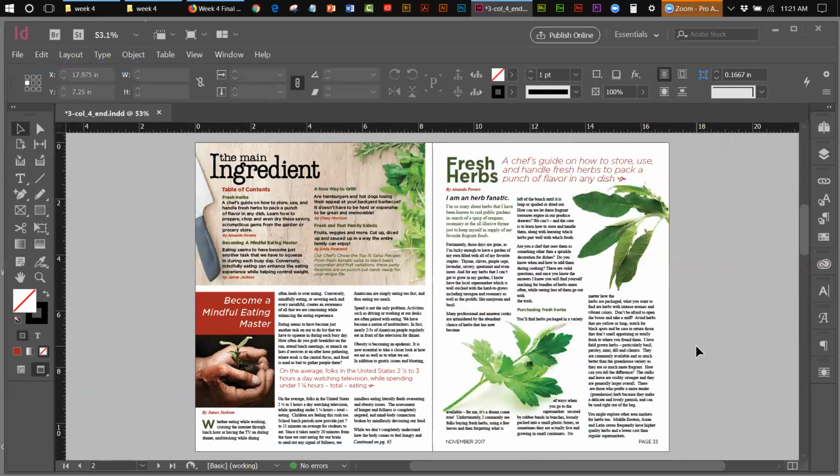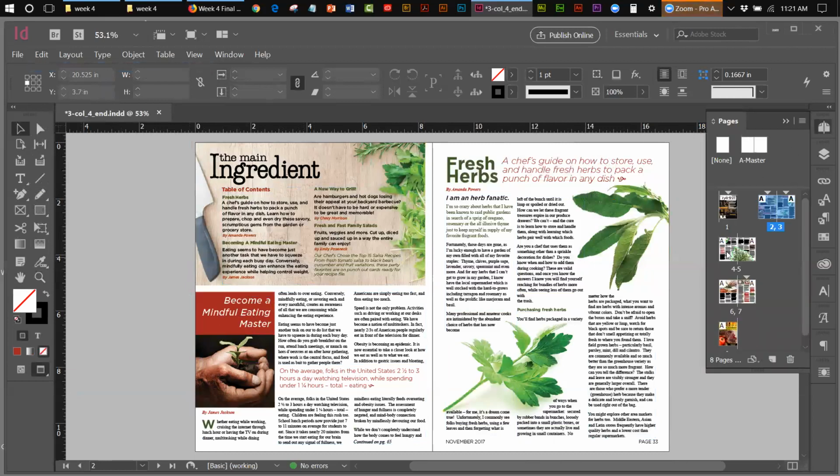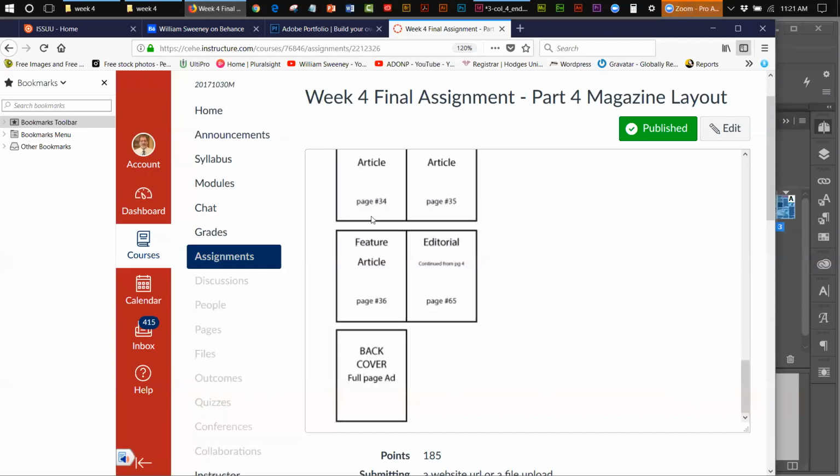All right, so here's the first thing. The first thing that we want to do here, we're going to go to the Pages panel to do this. What we want to do is start changing the numbering system here. Now this has already been done, but again, the very first one is going to be page 34. I'm going to get my pen here and make notes. 34, and then 35, and then the last page